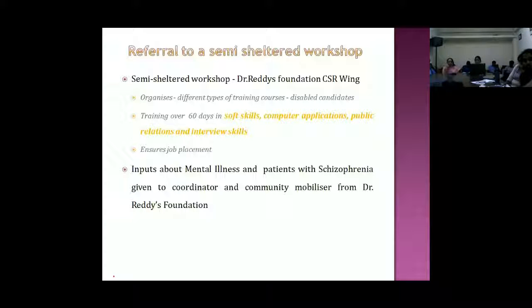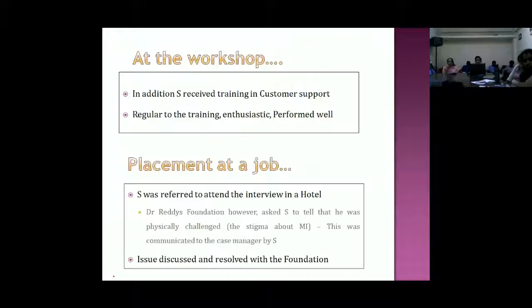This client was sent along with my client. At the workshop, the client was additionally trained in customer care support, since he had already worked in the same field. During the training, he was noted to be enthusiastic and good in his overall performance. After the training period, the client was referred for open employment. He was asked to attend an interview in a hotel where he was asked to say that he was orthopedically challenged, because the panel of employers were reluctant to employ someone with